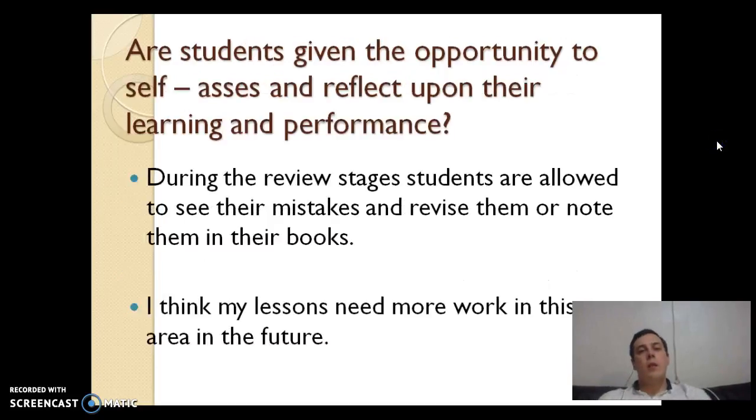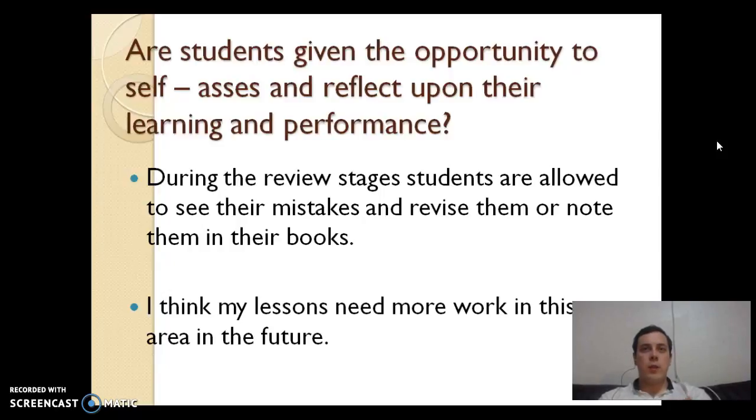Are the students given the opportunity to self-assess and reflect upon their learning performance? Mostly this happens during the review stages. My classes are only 40 minutes long, so it doesn't allow for a huge amount of self-reflection and assessment, which I think I will try and integrate more, maybe into extending the lessons into a third class specifically for review and self-assessment, so as to actually put their abilities into a little bit more practice,